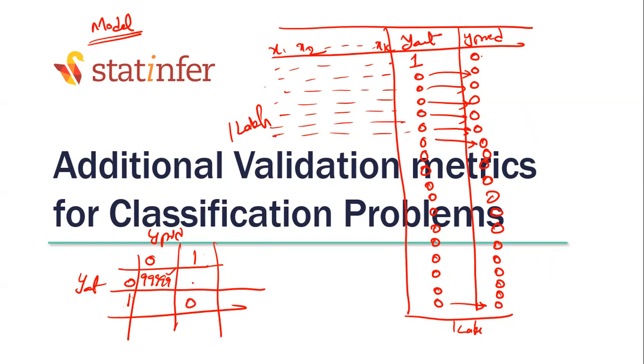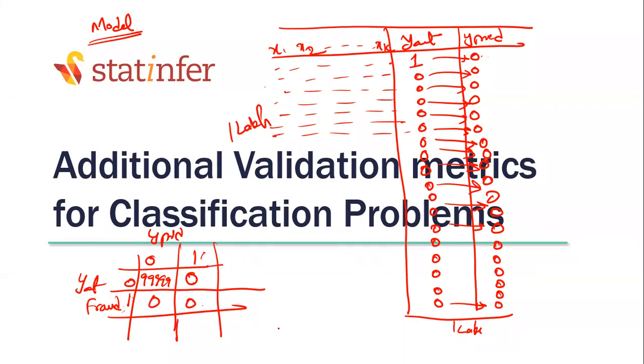What about this one? The original value was 0, but the model has predicted it as 1. How many times did that happen? 0. Actually, the model has never predicted 1. That means for every transaction it is saying authentic, authentic, authentic. It has never predicted any fraud. So this is also 0. It has predicted everything as 0 only. 1 was the original one, which is fraud. Once the fraud happened, how many times did the model capture fraud? There was one occasion where it was 1, but the model predicted 0.